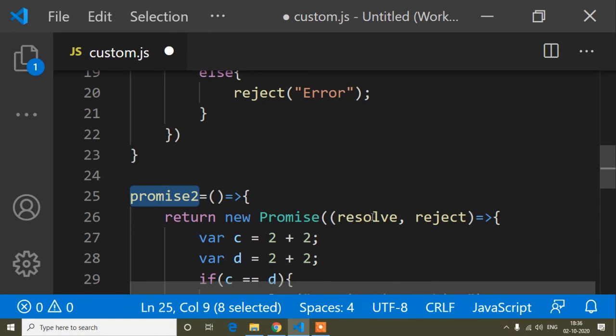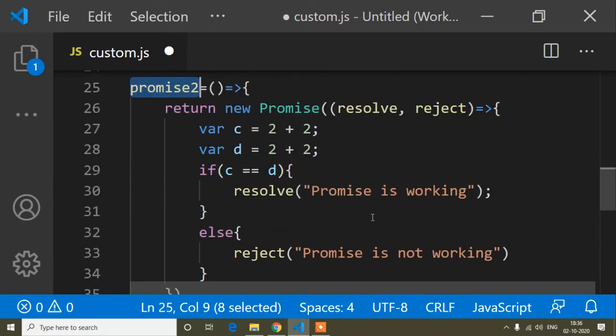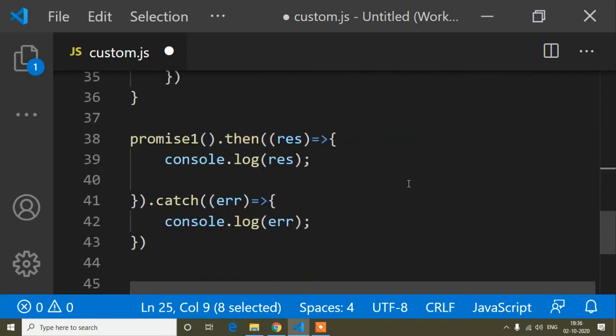So callback means we call a function inside another function. You can watch my video to get an idea of callback, and I will provide the link in the description.